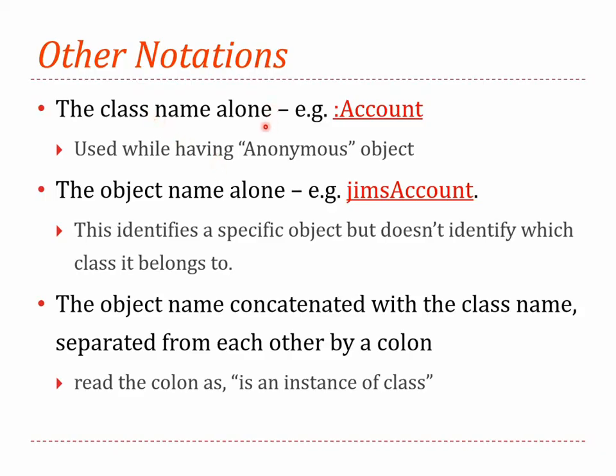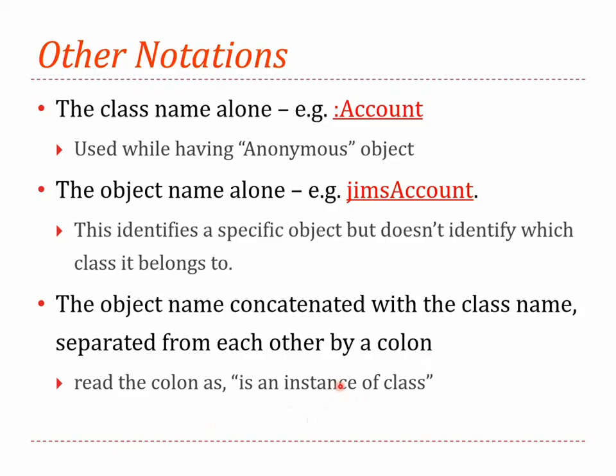The other notations include class name alone. Without an object name, we can simply have a class name by having a colon symbol preceding the class name. Or an object name alone can also be represented. For example, Jimsecom. This identifies a specific object but doesn't identify which class it belongs to. The object name concatenated with the class name, separated by a colon, is the standard